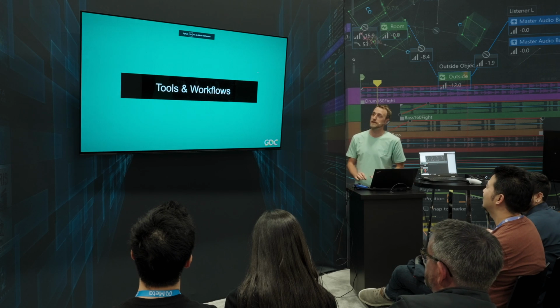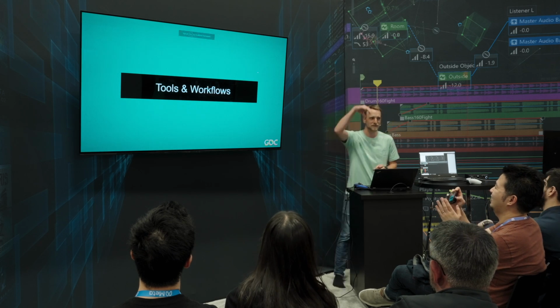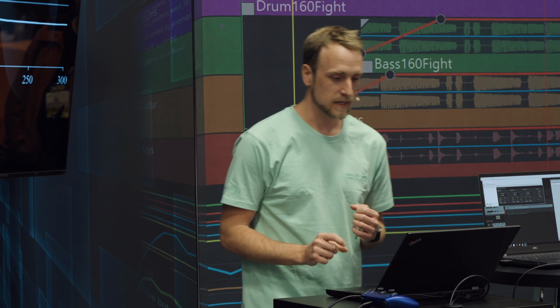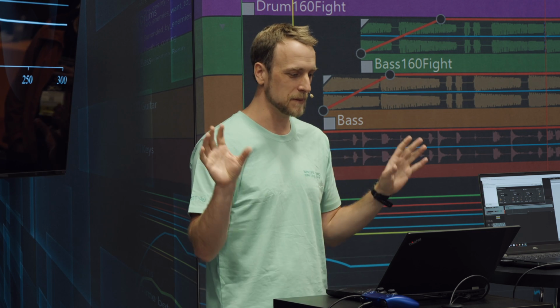Jumping over all the fun stuff we did in Hitman 3, but we can go back to it. So when we are designing for specifically the DualSense controller, we can look again at this beautiful graph from Sony. And the thing that's interesting here is that they call it a linear actuator, which sort of makes sense, but you can see a pretty big increase in feedback on the controller around these 60 hertz. It has stereo spatialization, meaning that the two sides are completely disjointed and can work independently, replicating the same type